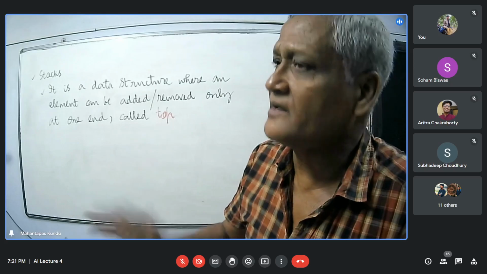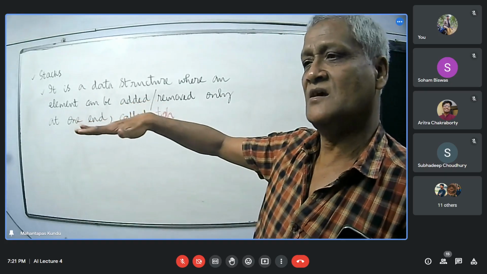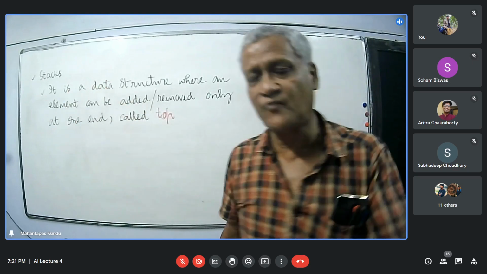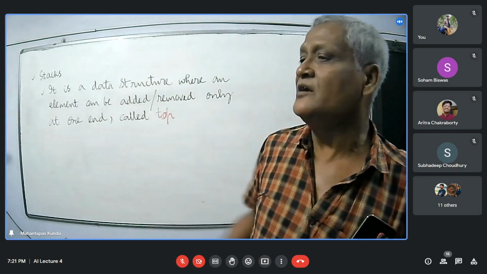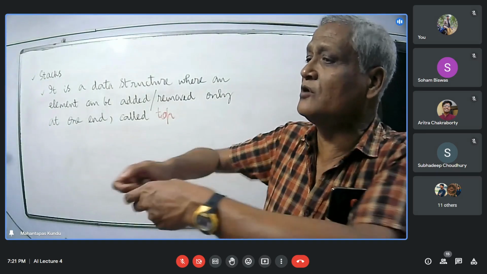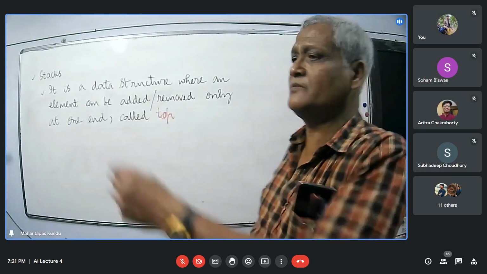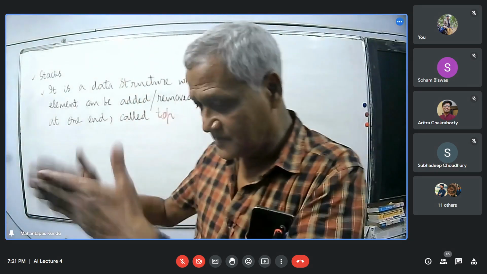In a cafeteria, you have found a stack of discs, a stack of plates, and from that stack, if you want to remove a disc or plate, you will be allowed to only remove the plate from the top, or you will be allowed to add only a plate at the top of that stack.